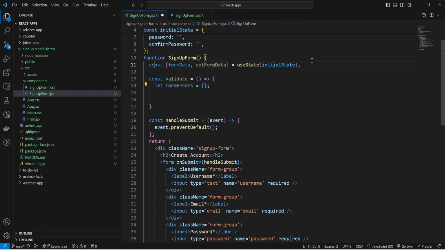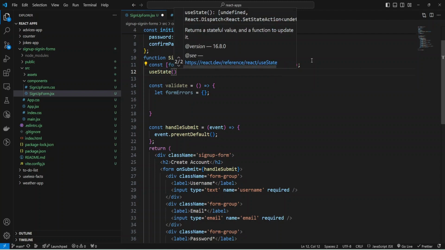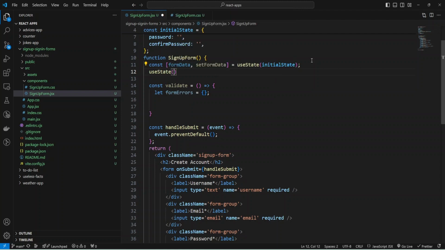And also I need a state variable for my errors with an empty object initially, and create the variables const formErrors, and setFormErrors.